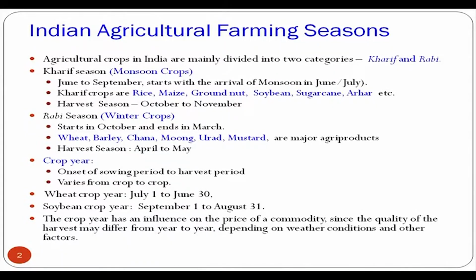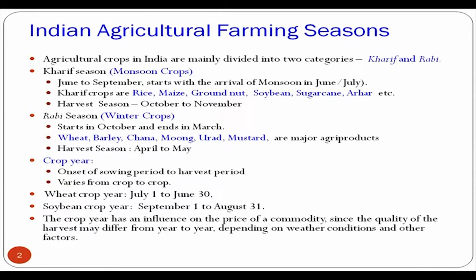One of the very important things to understand with respect to agri commodities is what a crop year is, and what the Kharif and Rabi farming seasons in India are. So let's go to our discussion on the Indian agricultural farming season. The Indian agricultural farming season can be categorized into two broad categories, your Kharif season and Rabi season. And the Kharif season starts with the onset of monsoon, that is from June, July,